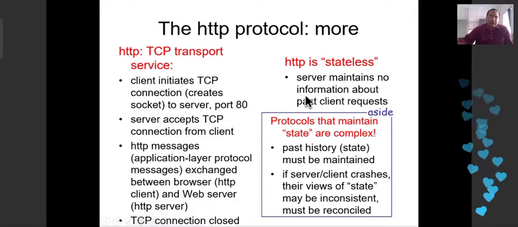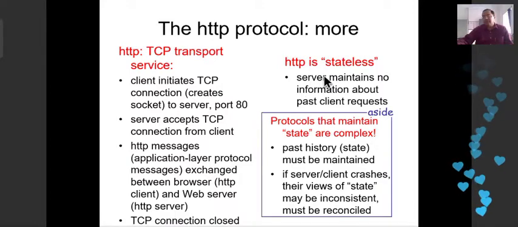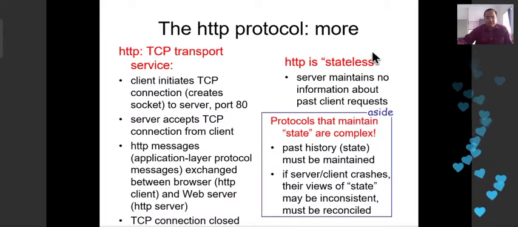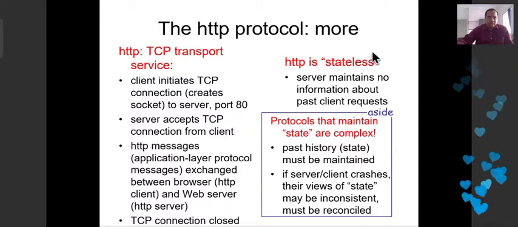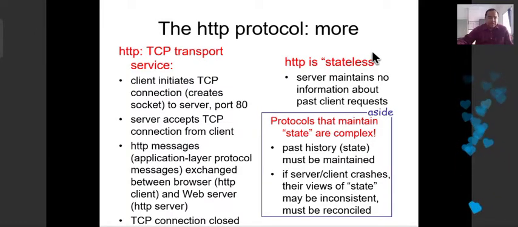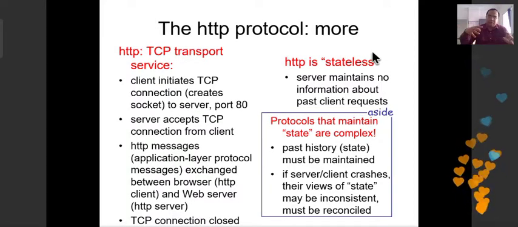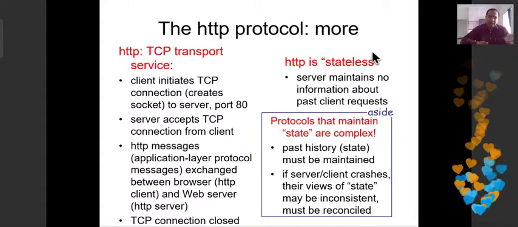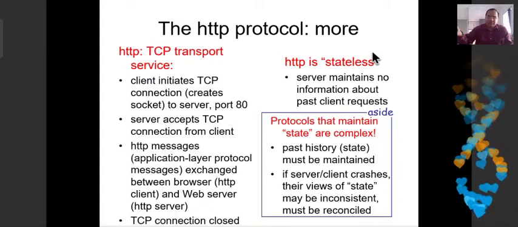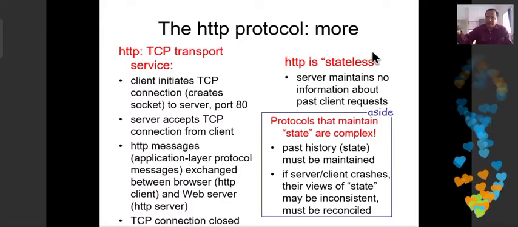what is the meaning of server or client crash? If you have understood the client process, server process, client machine, server machine, then you are replying to yourself. If your machine is still running, but your client process, say the Chrome browser, has crashed, has shut down, or you have forcefully shut it down, do you think the response will come back to that? No, because the process is already killed. Or if your machine suddenly goes off, and when the machine is off, will the response come to your machine, which is already off? Not actually, right? Same thing applies for your server process as well as server machine.